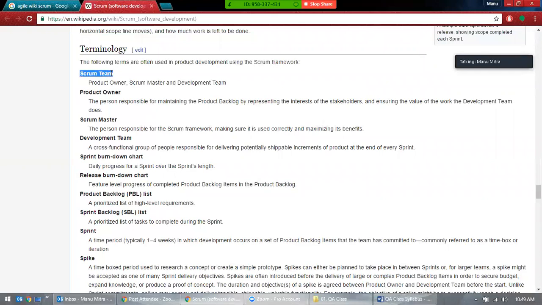Scrum team. A Scrum team is actually a team. Normally they name it whatever they want, but normally it can be like Scrum team 1, Scrum team 2, Scrum team 3. So the name can be different for different teams. Scrum itself is called a team, and that team consists of